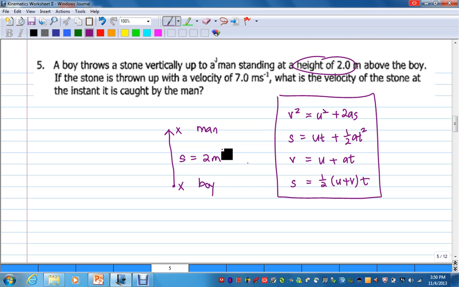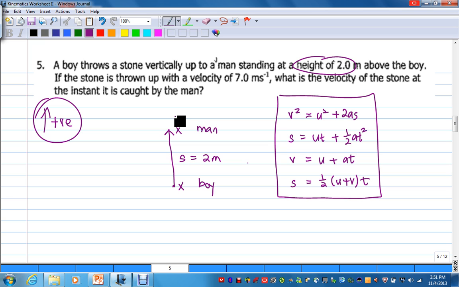S is a displacement, and let's consider the direction. We can take upward positive or downward positive here. It is up to you to choose. So let's choose a sign convention. Let's take upward positive. If I'm taking upward positive, then my S, which is the path taken by the stone,